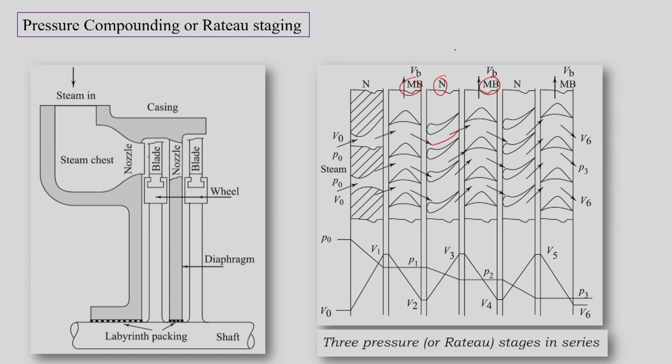So, this figure is for 3 stages, and this figure is for 2 stages. As we have said, we have some pressure drop in the first nozzle, then we will not have any pressure drop in the moving blades. Then in the next nozzle we will have a pressure drop, and again in the second set of moving blades there is no pressure drop, and this will continue. Similarly, velocity rise will take place in the nozzle across the pressure drop or enthalpy drop, and then this kinetic energy will be extracted by the blades.